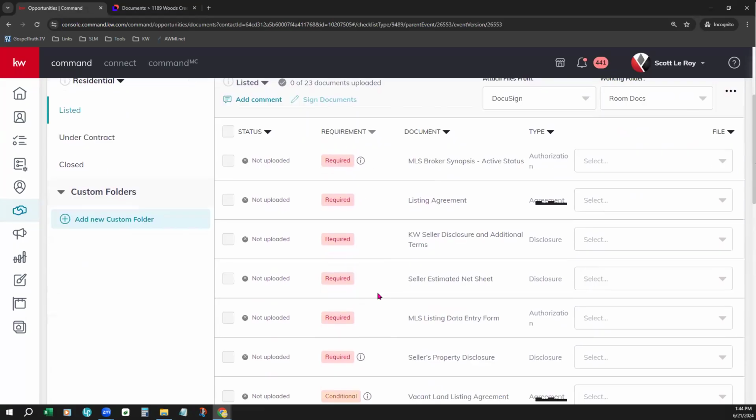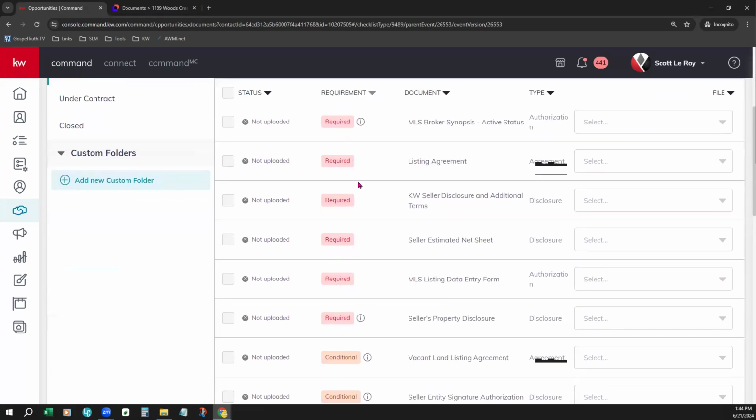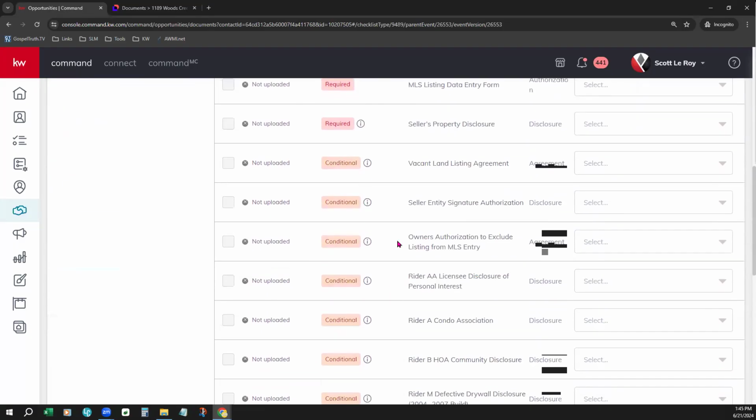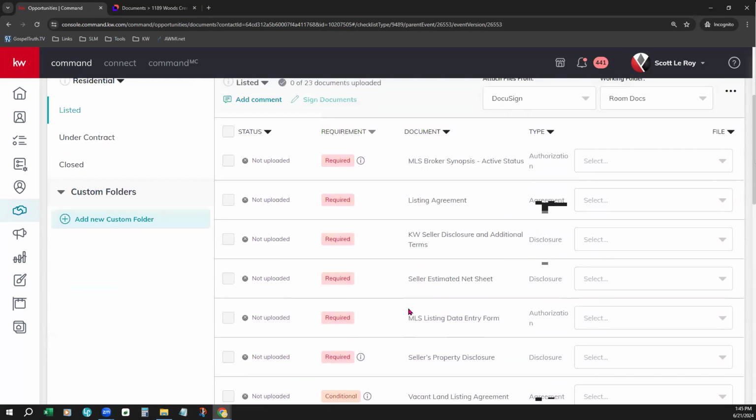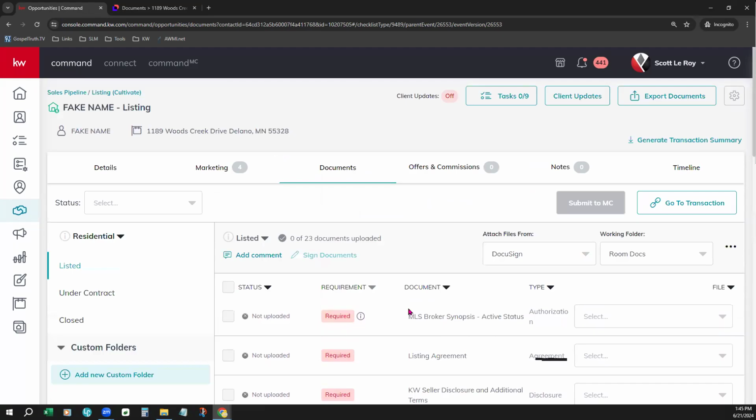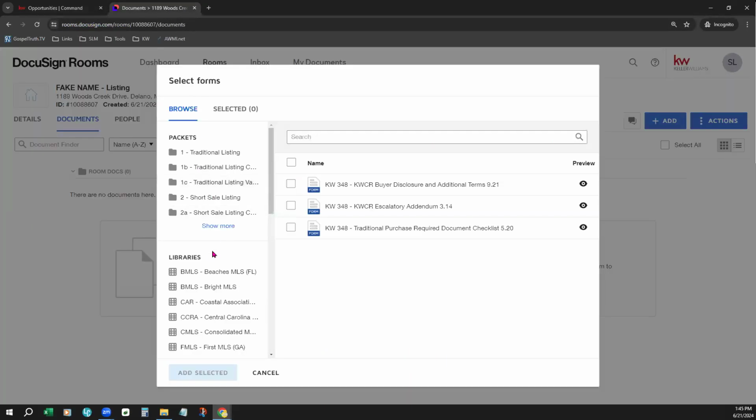This is how you know what's required and what's conditional, and you can actually filter that column to put all the required ones at the top so that you can go down and see, okay, I need all 6 of these for my area, and then I may need some of these depending on what my situation is, right? This is going to be based on your local area with your market center, what's required, okay? But coming over here to your packets and your libraries within DocuSign,